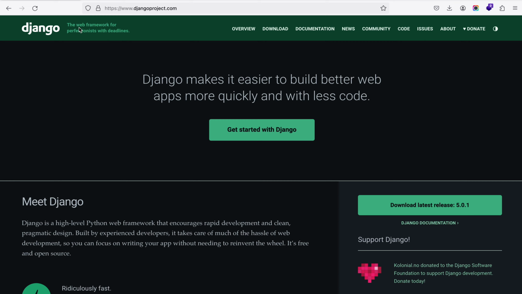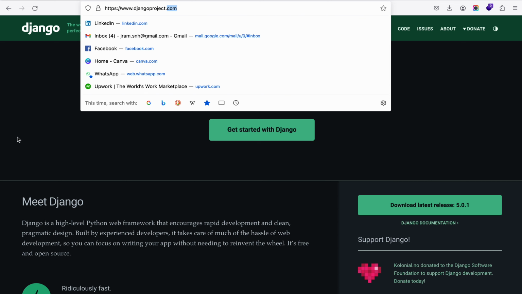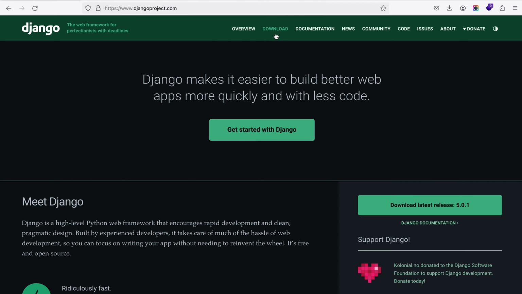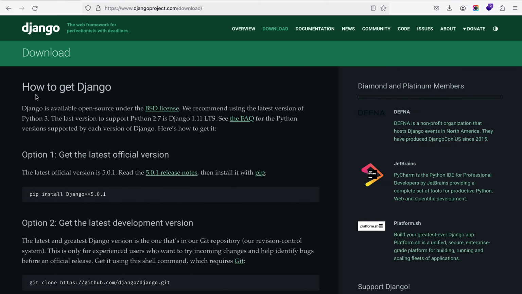So I have opened the official website of Django, which is djangoproject.com. Here you can download the latest version or the previous version, and here the different links you can see, download, and the latest version is already displaying 5.0.1 here. So I'm clicking on that. Now I'm on the download page,